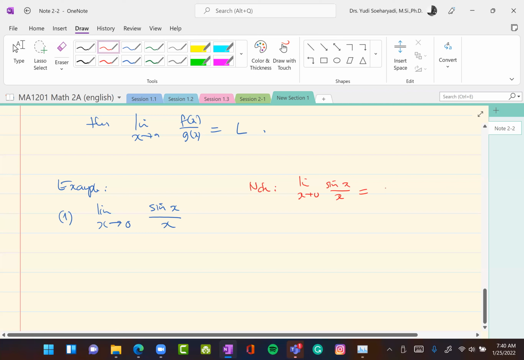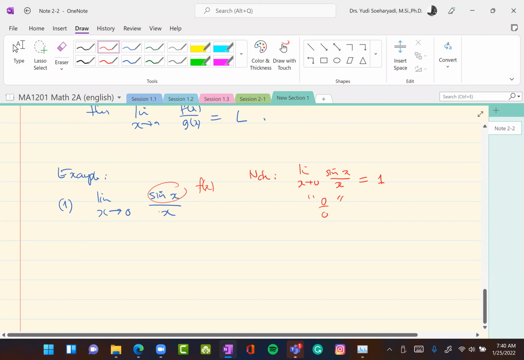What is the limit? 1. One, right? Because that's a special trig limit. Okay, so let's compute this. This is one example of when we take the limit. This is 0/0 form. Okay, so in this case,